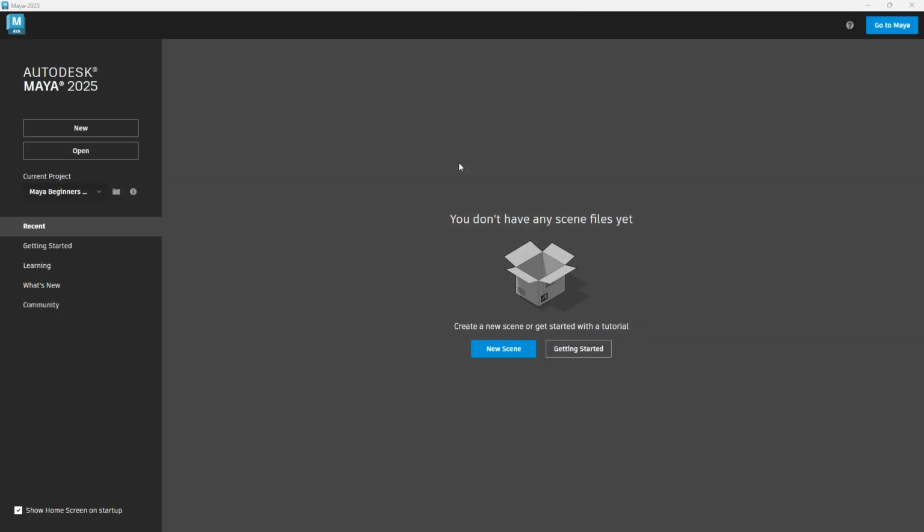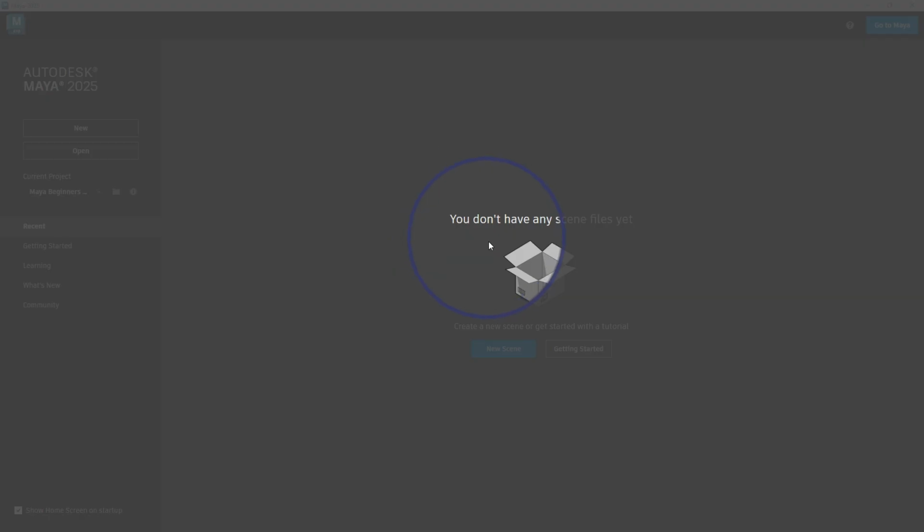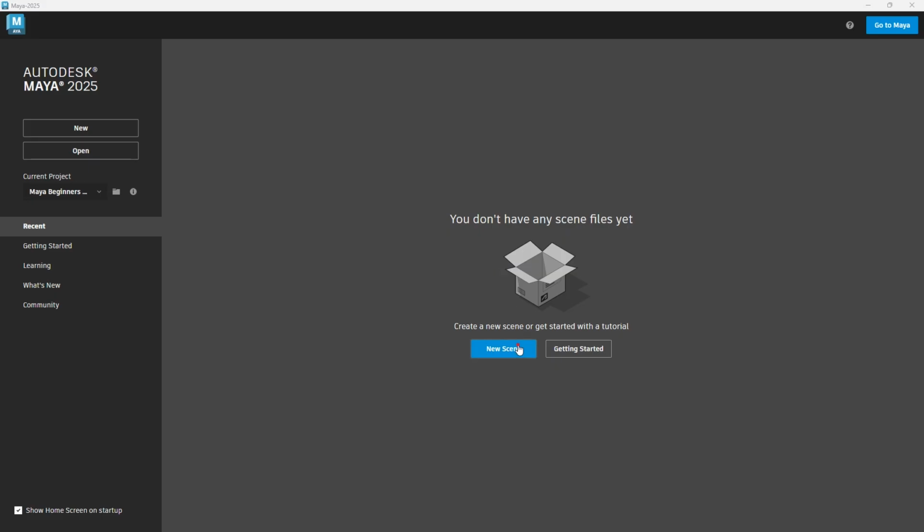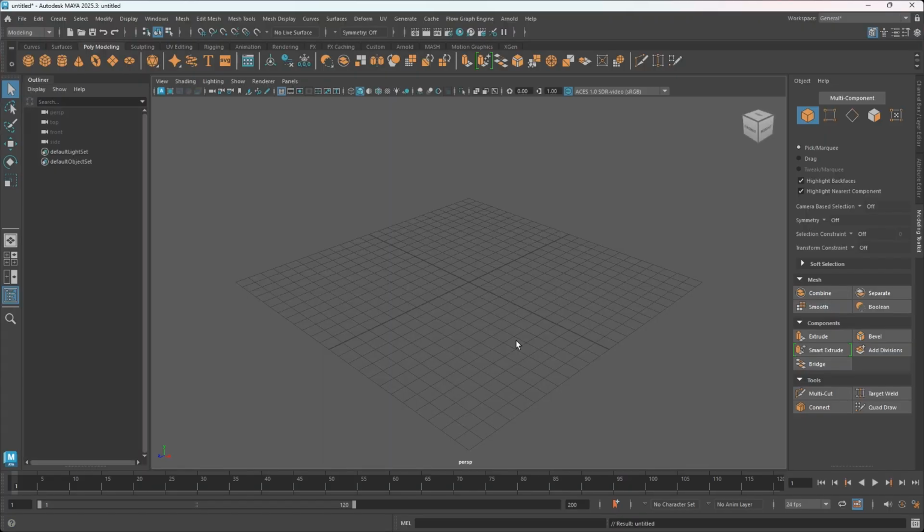In this lesson, we are going to start taking a look at the polygon primitives in Maya. So the first thing we need to do is to just hit on new scene to get into Maya. To access these polygons, you have different ways of creating polygons in Maya, and there is something I need to